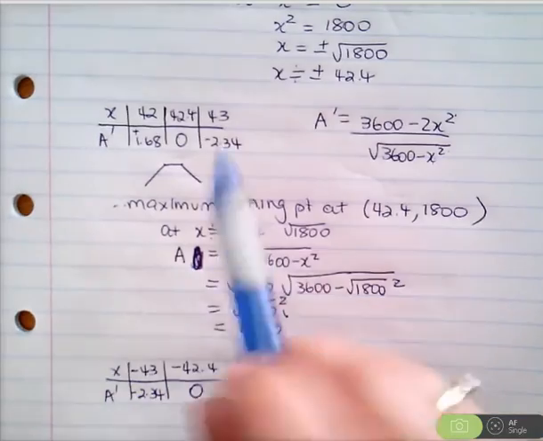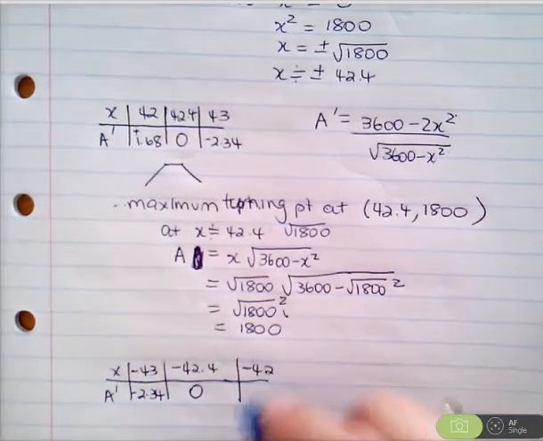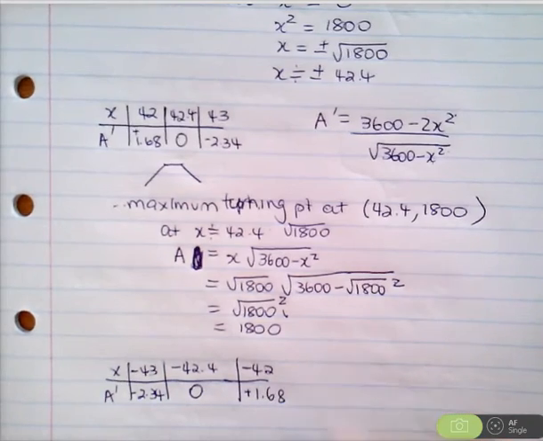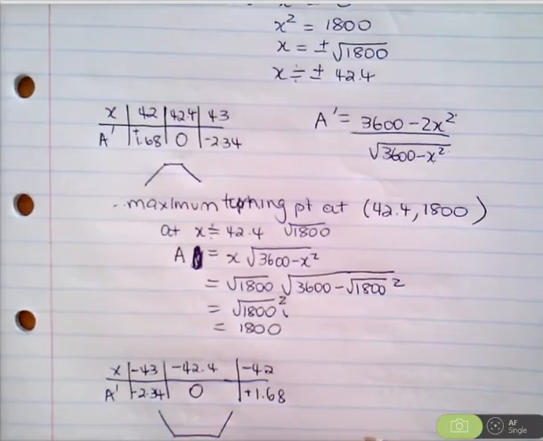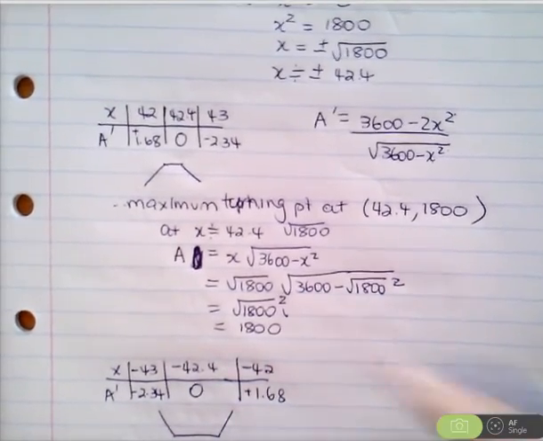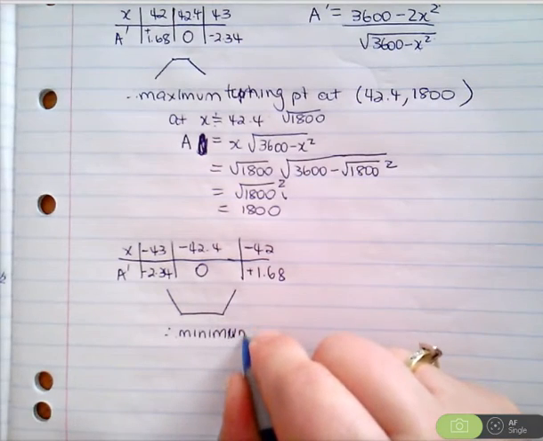We know that the first derivative is 0 there, and for negative 42 we're actually going to get the same value as 42 when it was substituted there, which is positive 1.68. So therefore we've got negative gradient, 0 gradient, positive. Therefore we've got a minimum. So we've got a minimum turning point